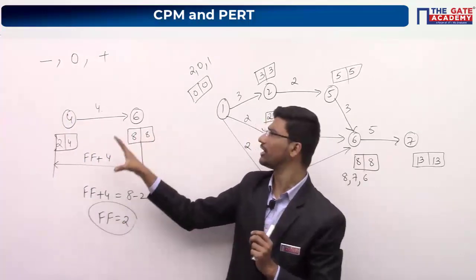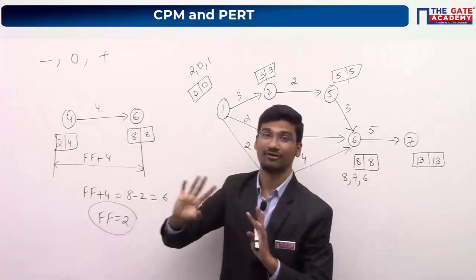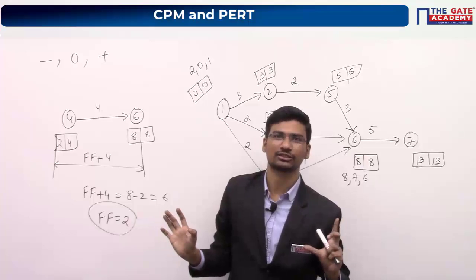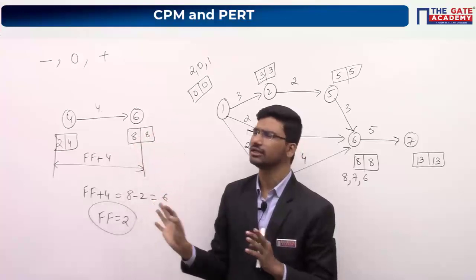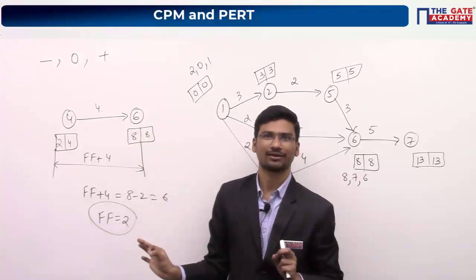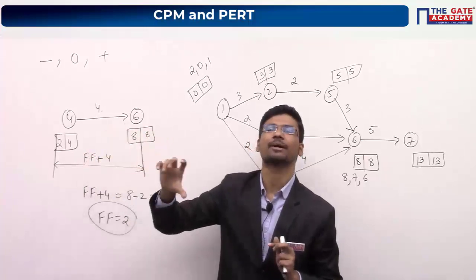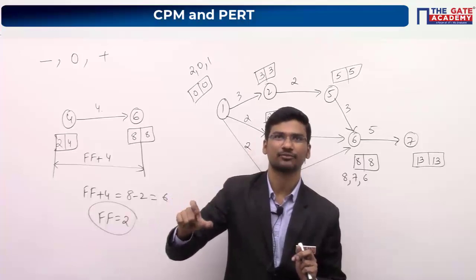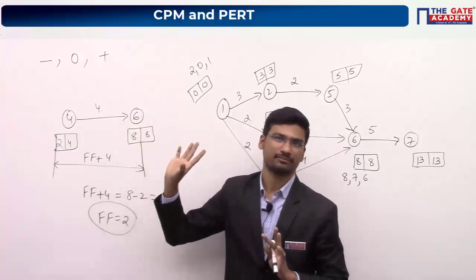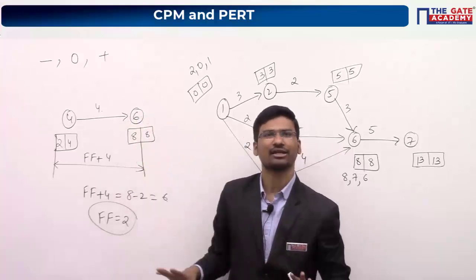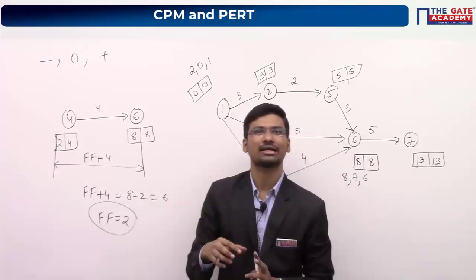But in general, whenever we are using these methods and whenever we are calculating float values, you will never get negative floats. Whenever you are using this forward pass rule, backward pass rule, and whenever you are calculating float values like this, you will never get negative floats. Okay. So negative float signifies that whatever the resources which you have allocated to that particular activity, it is not sufficient. You have to recheck and you have to reallocate the resources. In practical cases, these negative floats are possible, but theoretically, whenever we are discussing, negative floats are not possible here. Okay. So I hope I have answered your question.